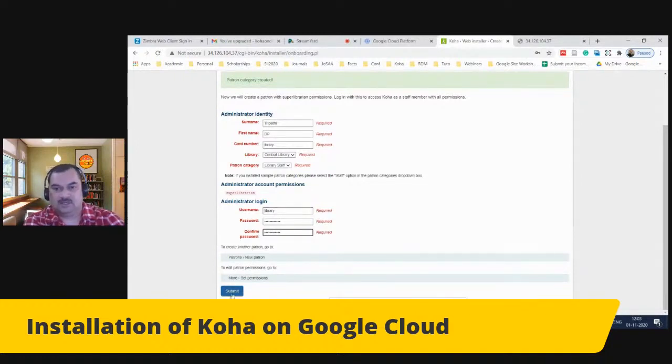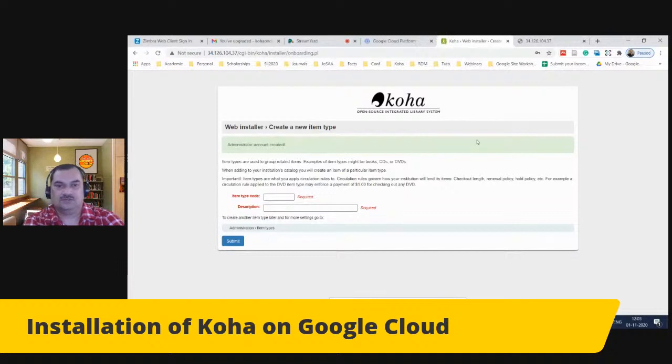And then add the password. The password should be the combination of alphabet, numeric, and special character, including the capital letter. And once you do, it will take you to the next page for creating the item.